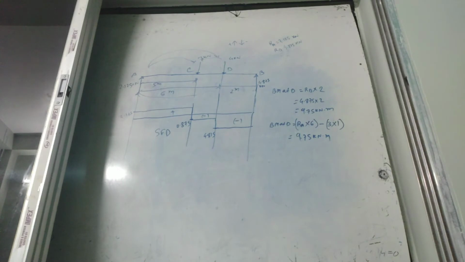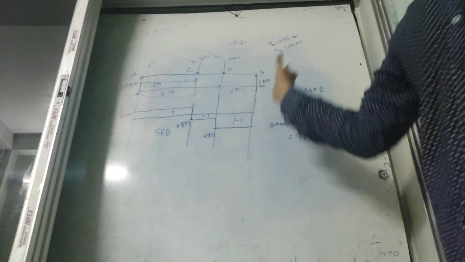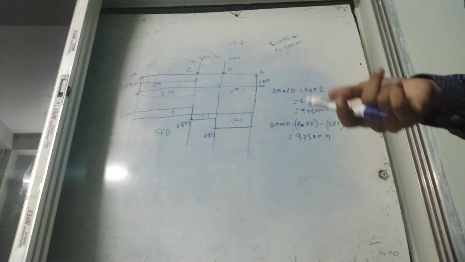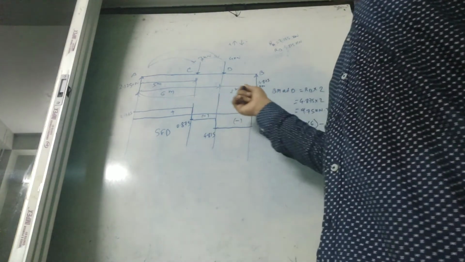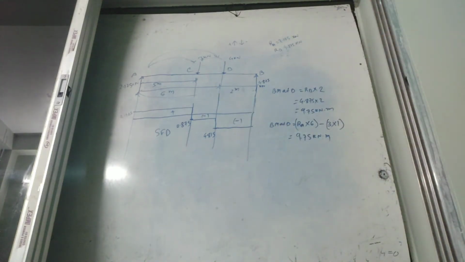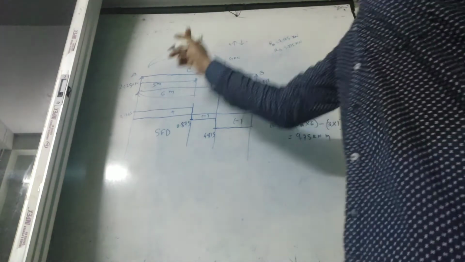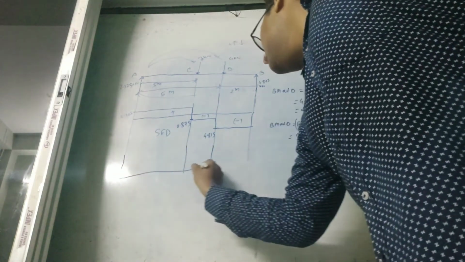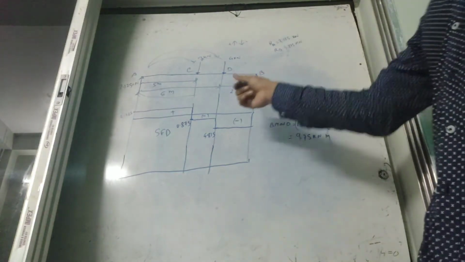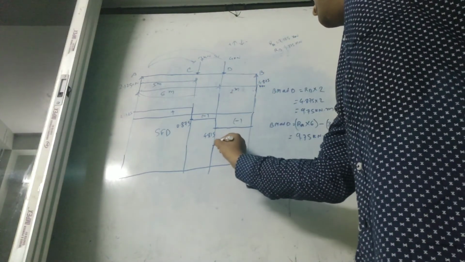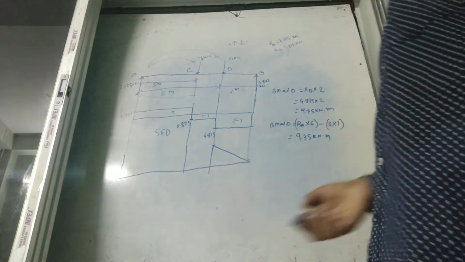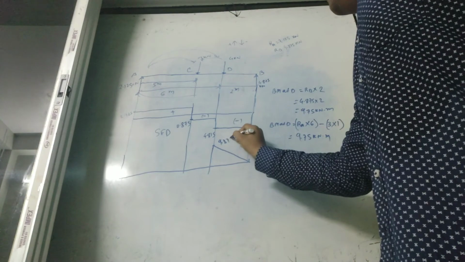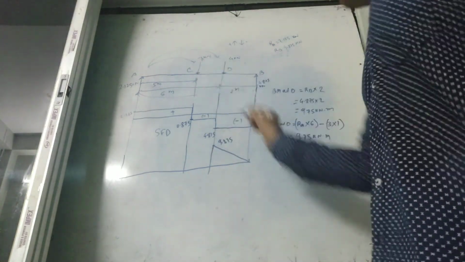So it does not matter whether we go from this side or that side. Our answer will be the same, and we will go for the easy way. That means the side in which the number of forces is less, we will go for the bending moment calculation, because it will be helpful for us and less time consuming. So BM at D is 9.75. And now for BM at C.